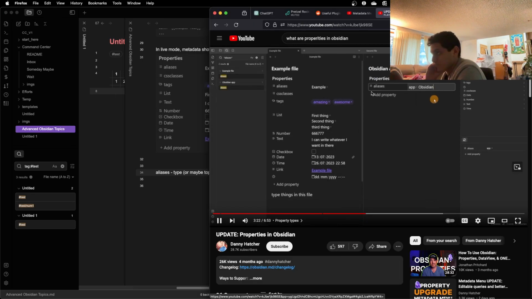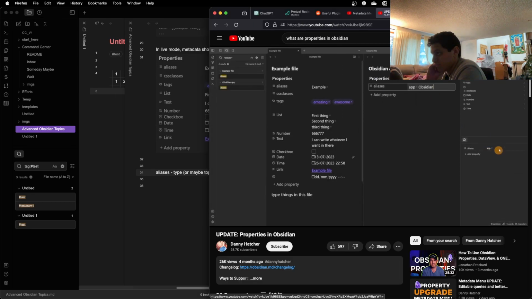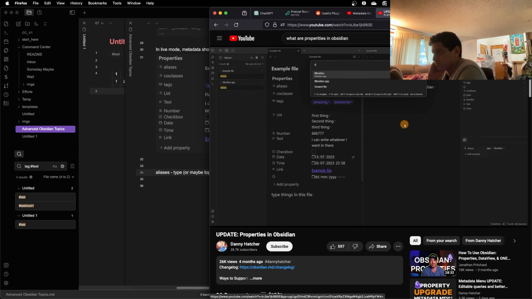Let's say I want there to be an Obsidian alias. I need to push enter, so you can see at the moment it's not actually entered in as an option, it's just still in text, so push enter. Now I have app and Obsidian as different aliases for this one file, so quick switcher, type Obsidian, there's the